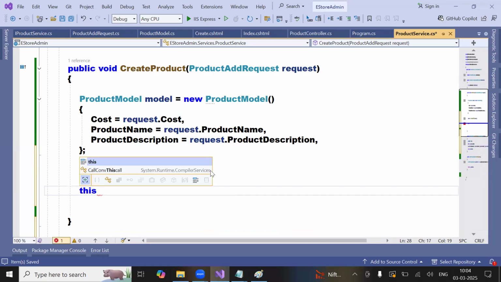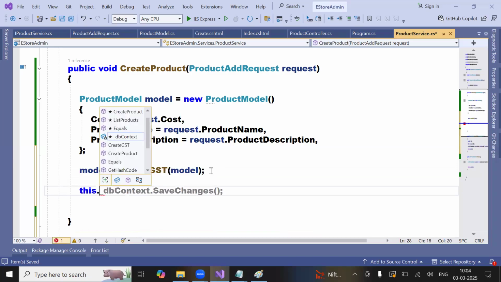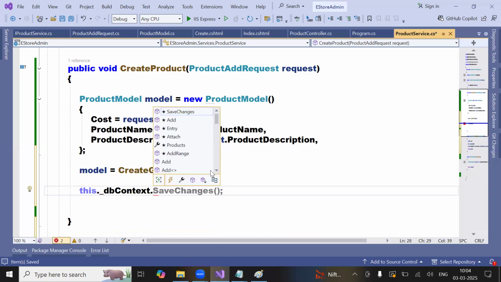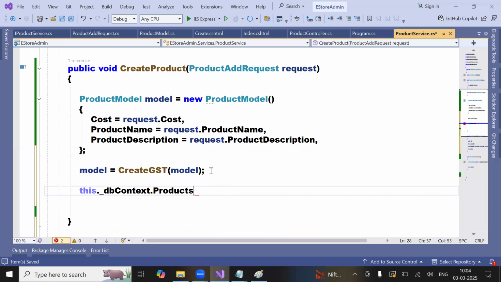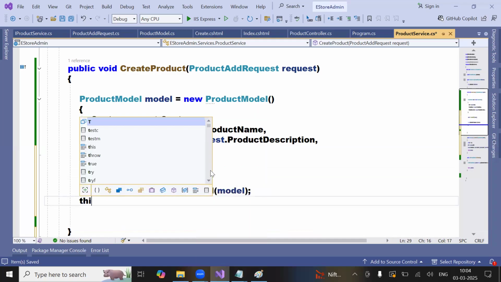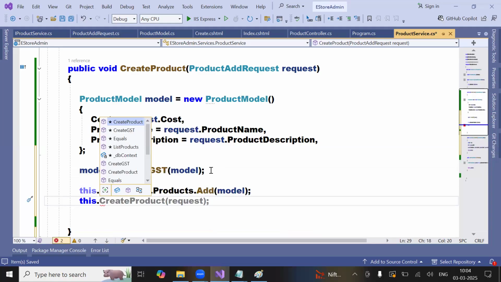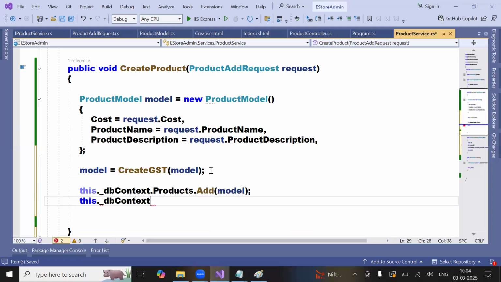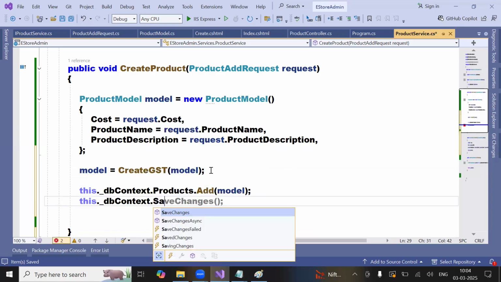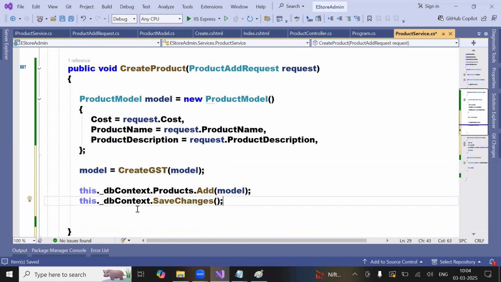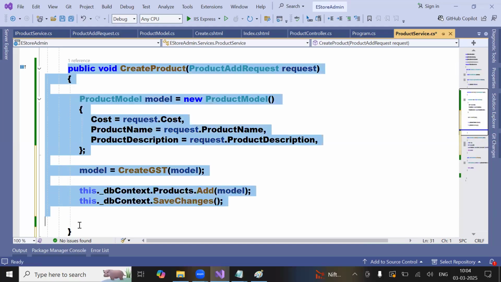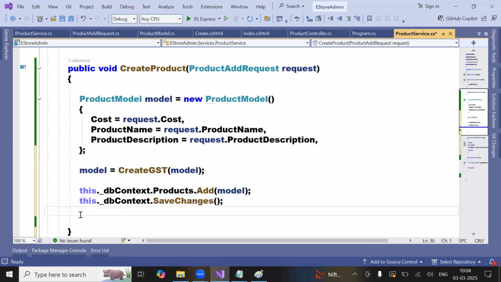I created a model, and then I'm going to say this dot db context dot products dot add of model, this dot underscore db context dot save changes. This will automatically add to the database. Once this has been successful, this method